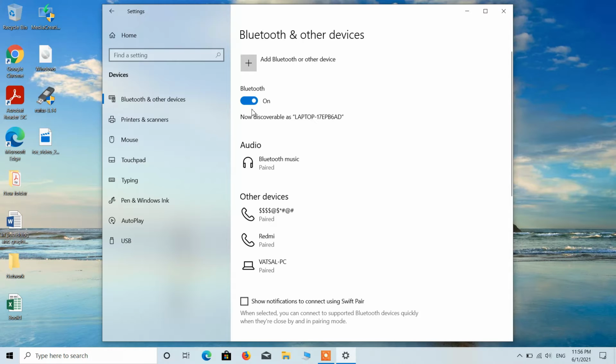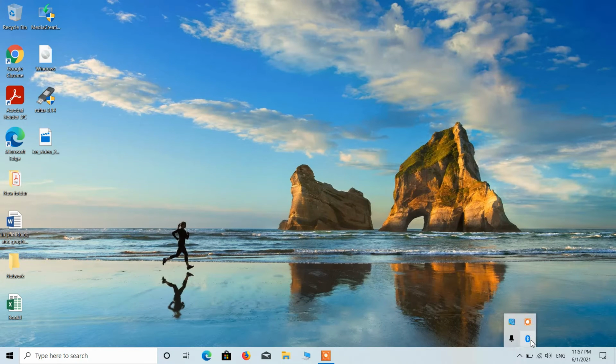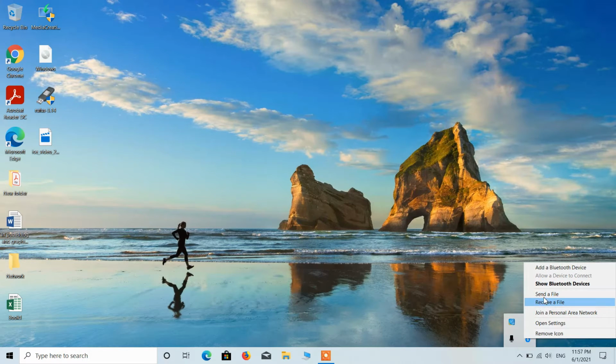Now you can see that the Bluetooth icon is appearing in the taskbar. And you can just right click over it and send or receive a file using these options.